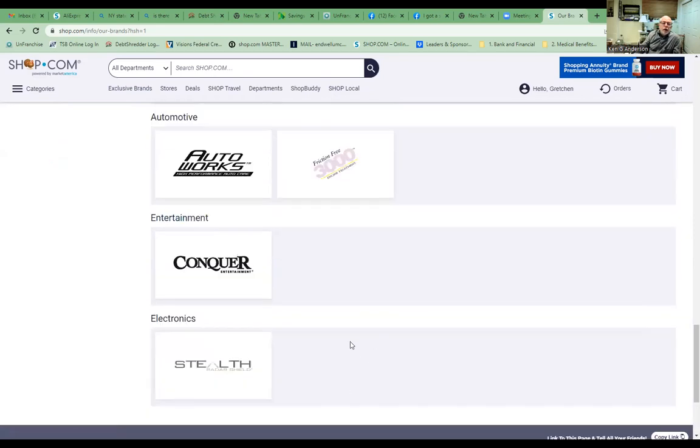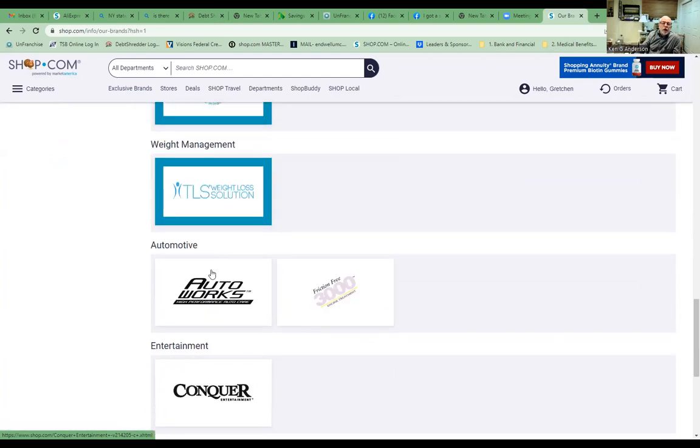But you know, this is a radar shield for phones. We have a division called Conquer Entertainment, which is basically a music sharing service. We have automotive products, which are a fuel enhancer, which improves gas mileage, as well as a product called